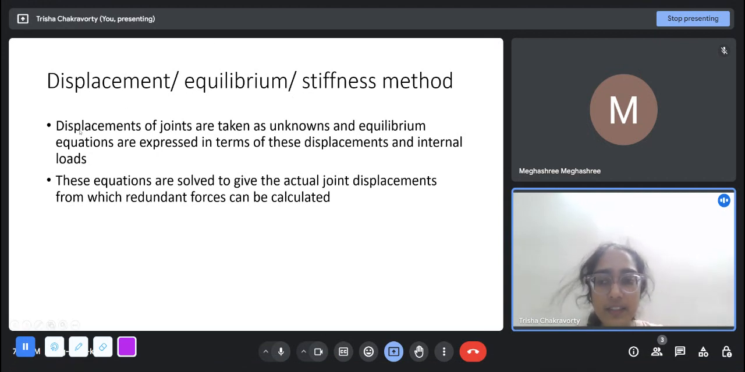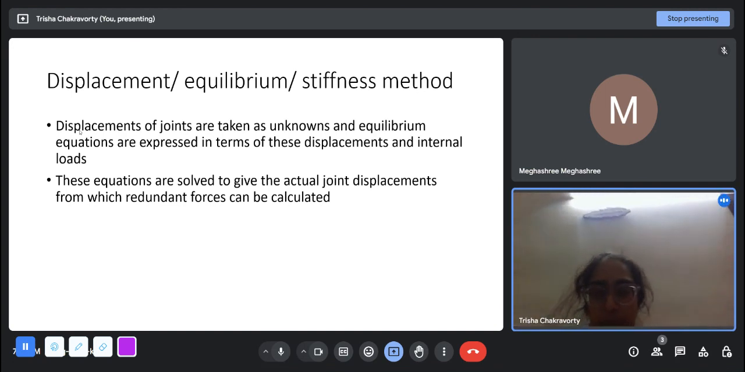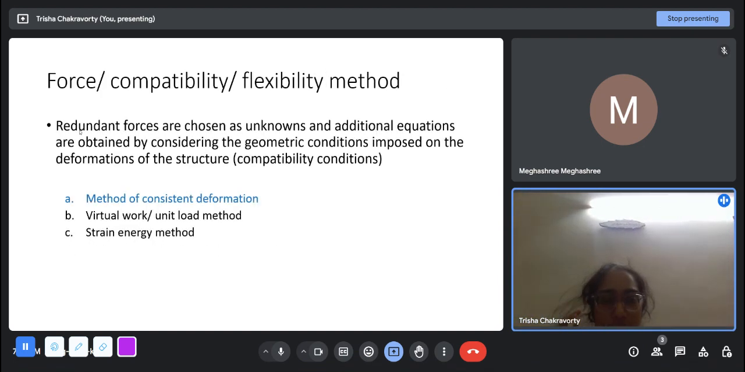In displacement methods, the displacements of joints are taken as unknowns, and equilibrium equations are expressed in terms of these displacements and internal loads. These equations are solved to give the actual joint displacements, from which the redundant forces can be calculated. And in both these approaches, once we have the redundant reaction forces or the redundant member forces, we can treat it as a determinate structure, because suppose a structure has four support reactions, and using any method we manage to find one of the reactions, then we can treat